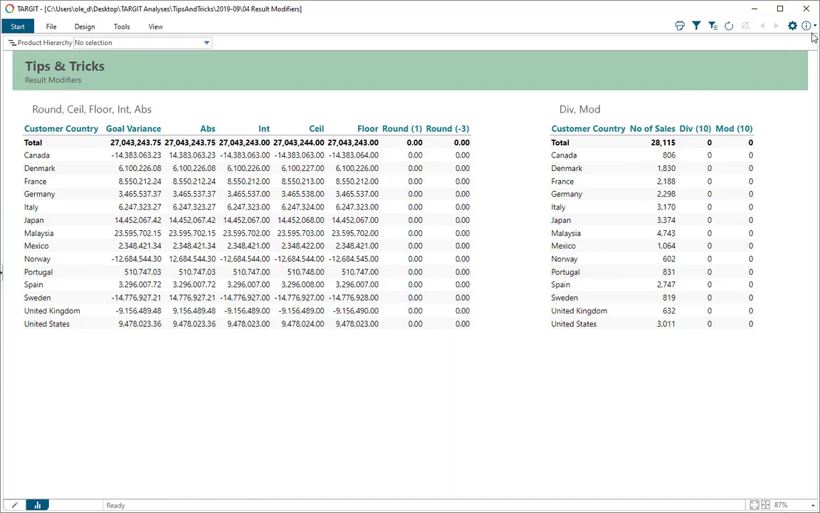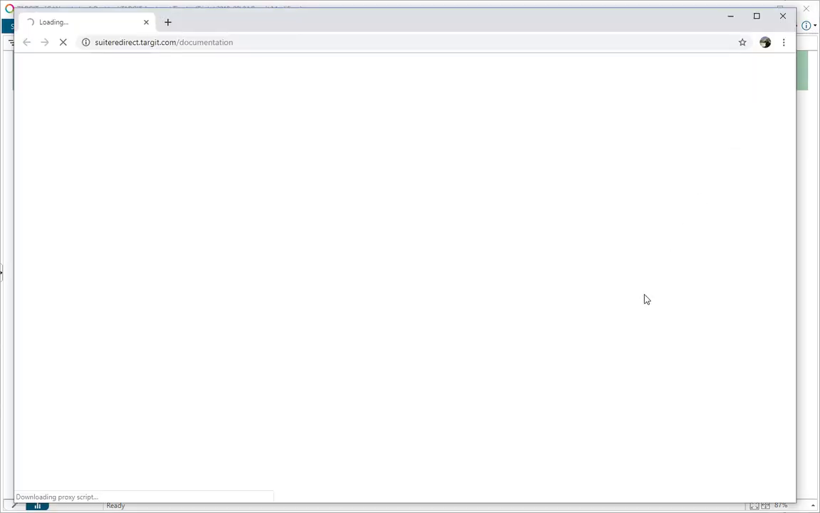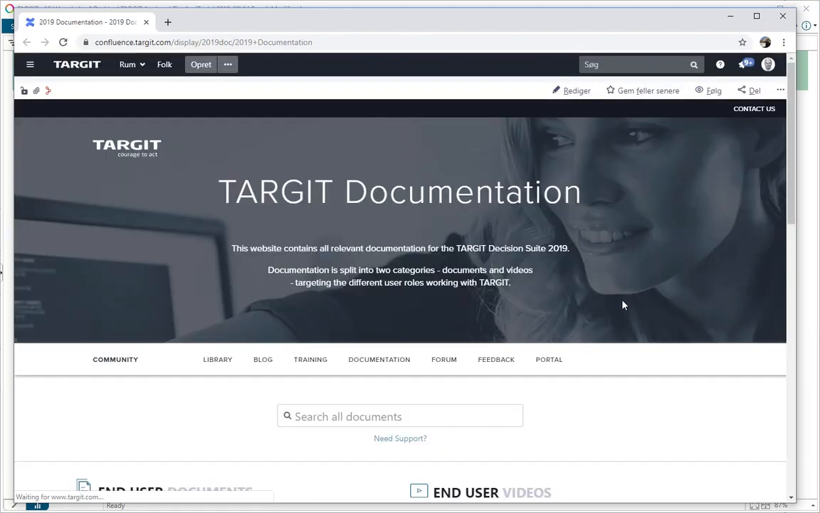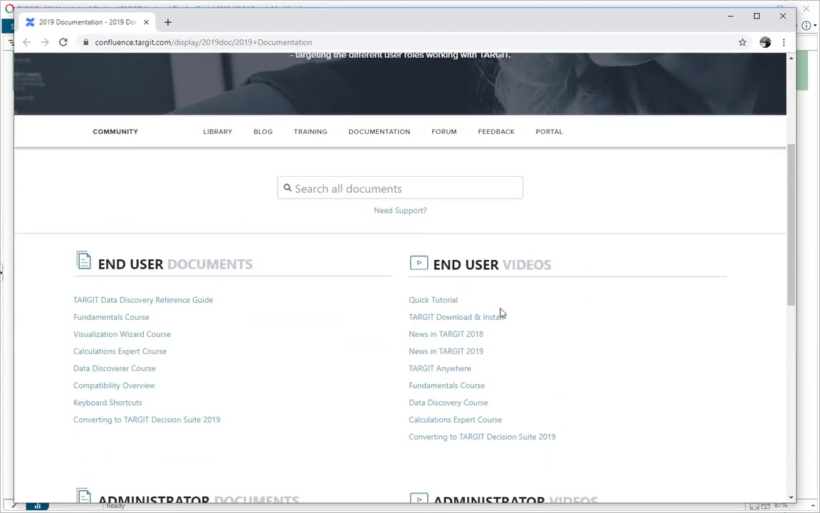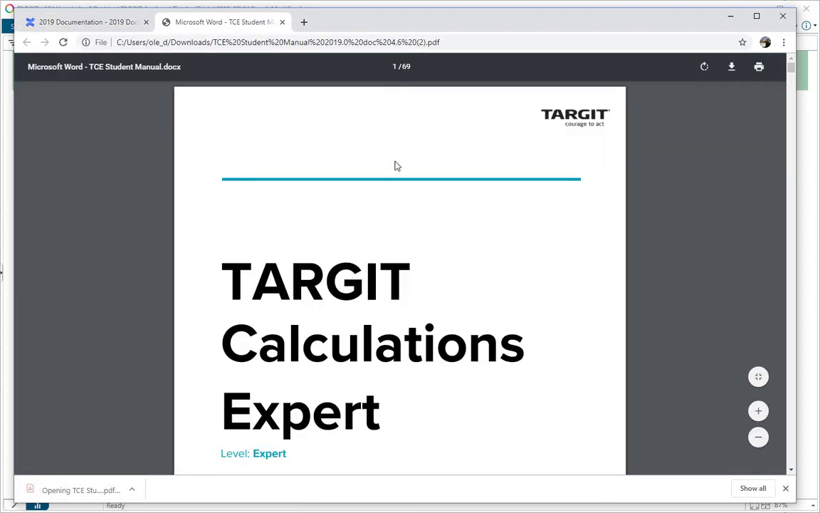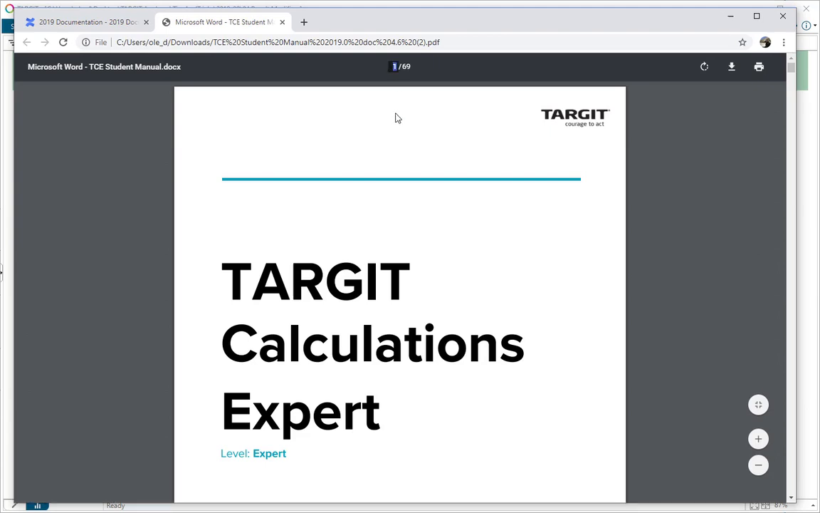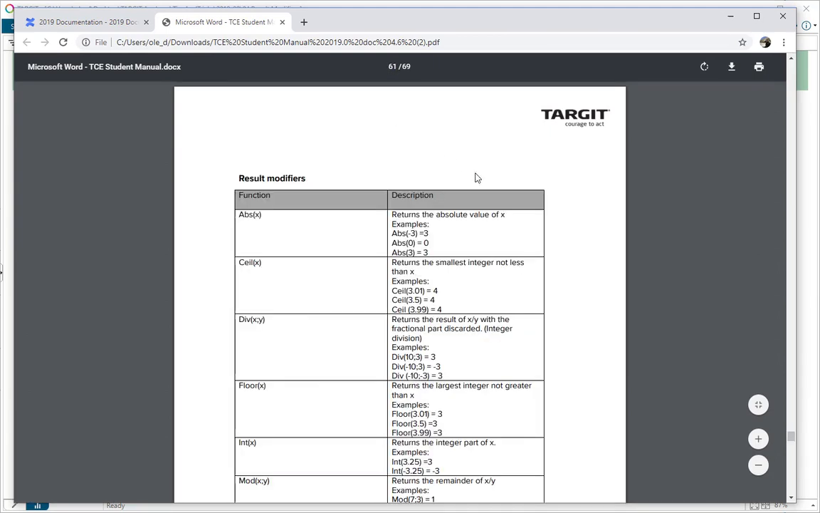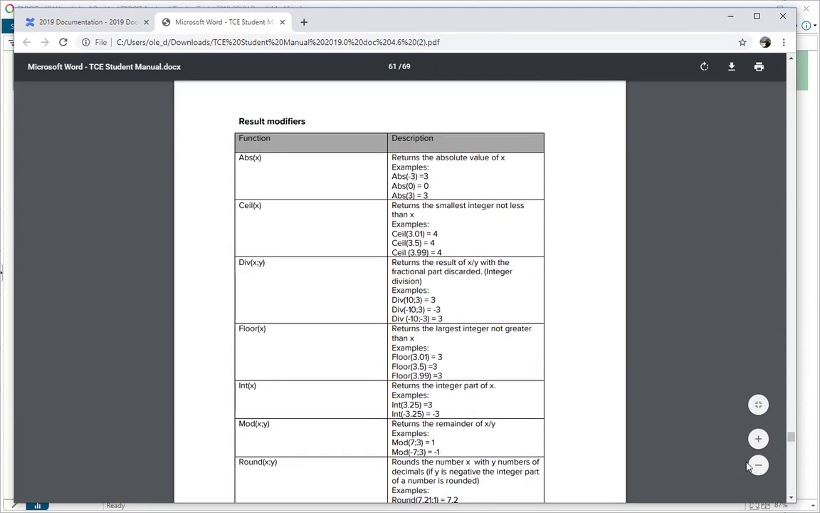To open Target's online help, you can press your F1 button or go here and press help. That will open up this page here where we have some end user documentations. For instance, the calculations expert course here. If we look into that PDF file and go to page 61 here, we'll see we got something called result